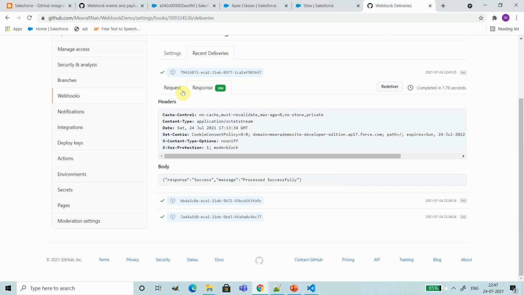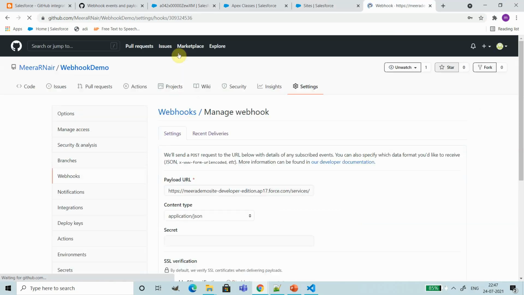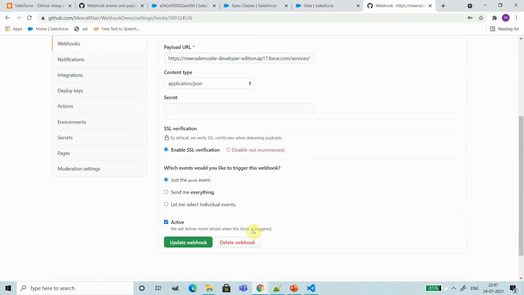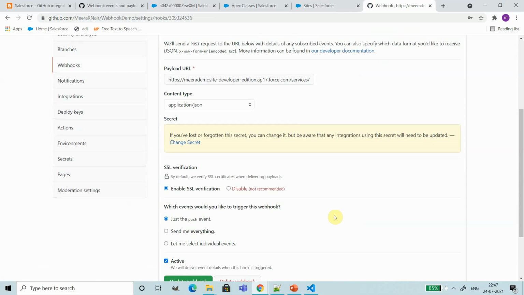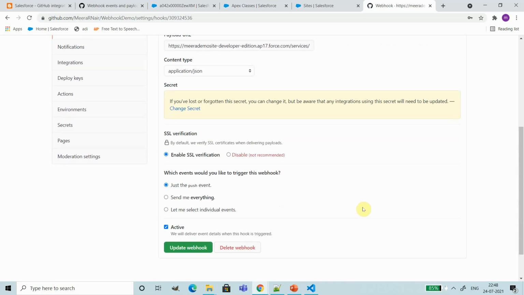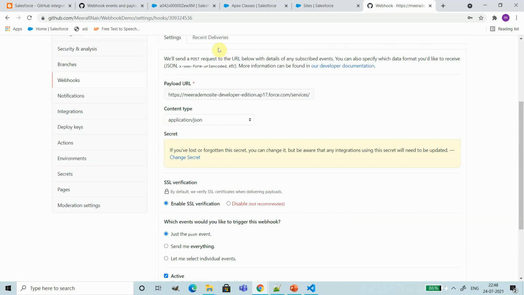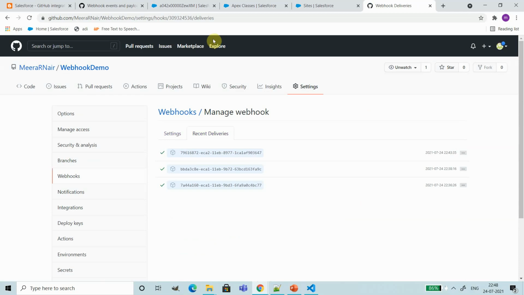For that, first what you need to do is update the webhook details that we have created and add a secret key to that. So here I am adding a secret key as webhook trial, and I am updating the webhook. Like I mentioned, when you add a secret, it will actually hash the complete payload and will associate the hashed key value to the header of the request. Once you have added the secret, I will show you what change it will be bringing to the request.